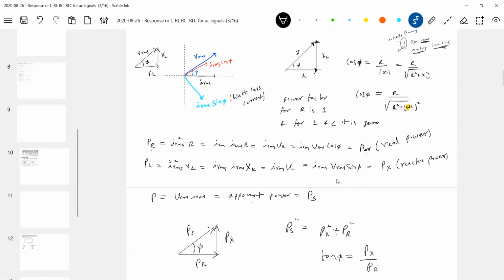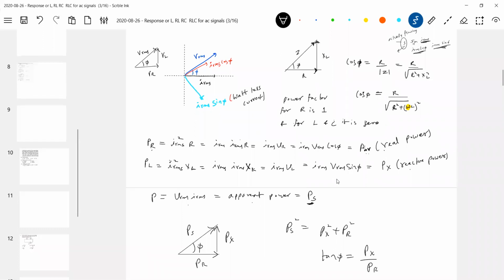This is called average power. I think the words themselves say real, reactive, then apparent power. The battery is supplying power of PS, but how much is actually consumed? PR. Whatever remains is available across the inductor, and it will return back. The cell will not see anything else. It will supply this much power. This is what is really consumed, and the remaining will be returned back. Therefore, this is called apparent power.